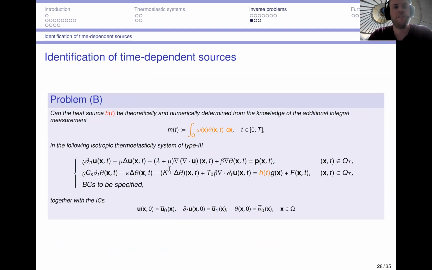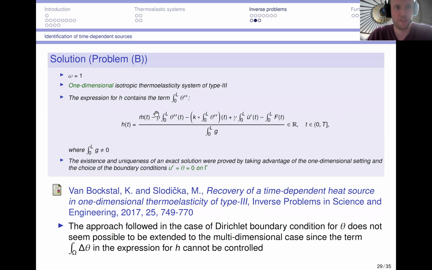So now, about the identification of time-dependent sources. The problem we considered is to reconstruct the time-dependent heat source on the basis of this additional integral measurement. So again, we consider a weight function, and this is a thermoelastic system as before, and we will specify the boundary conditions immediately. The first result we obtained was in one dimension. When the weight function was equal to 1, we get this expression for